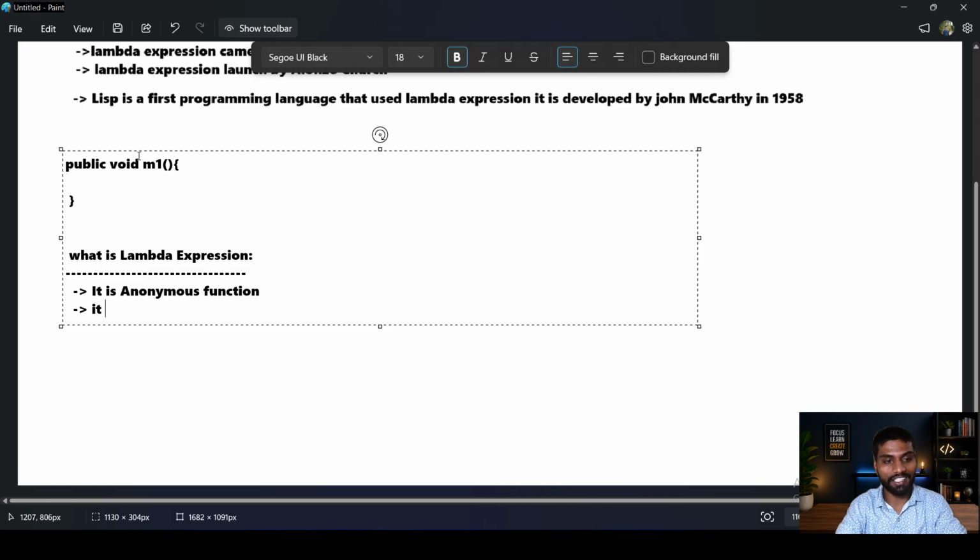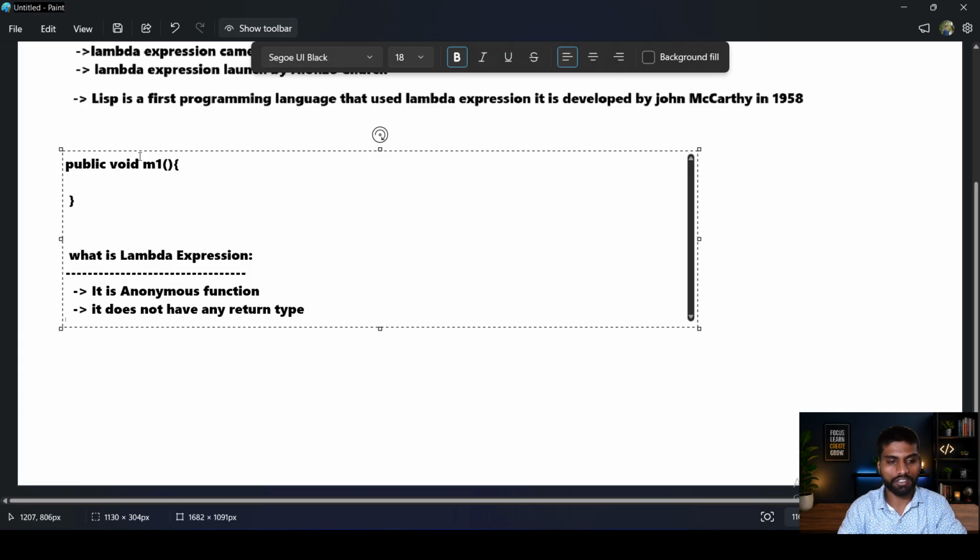Simply, it does not contain any return type. It does not have any return type. Okay, return type that we discussed.